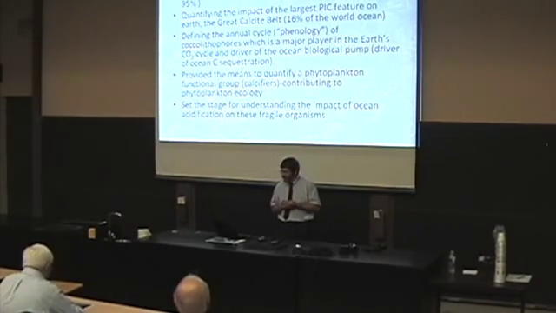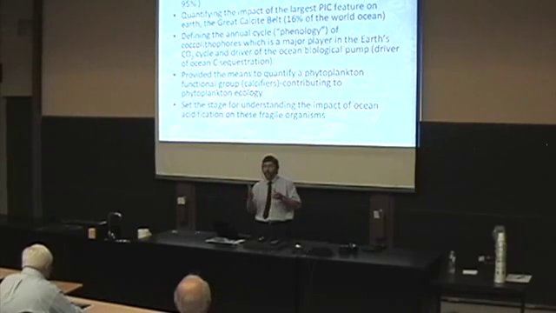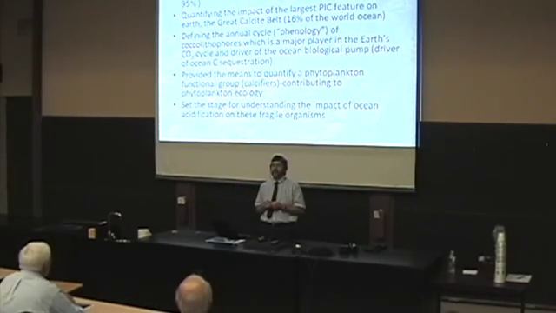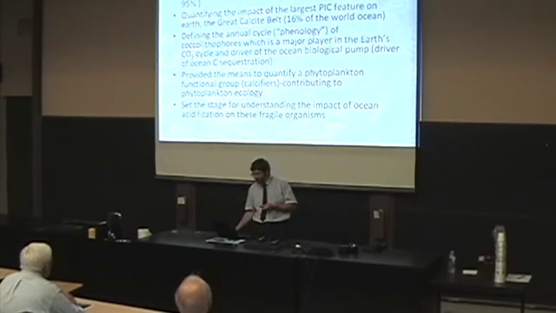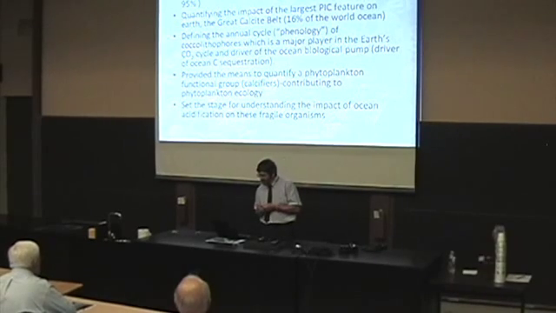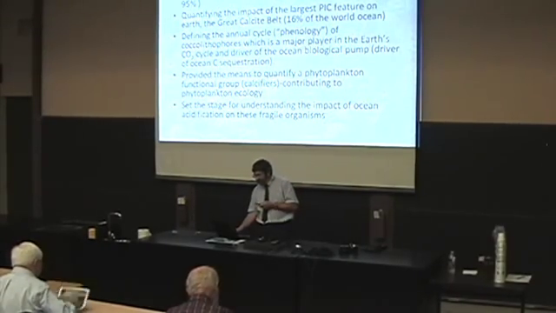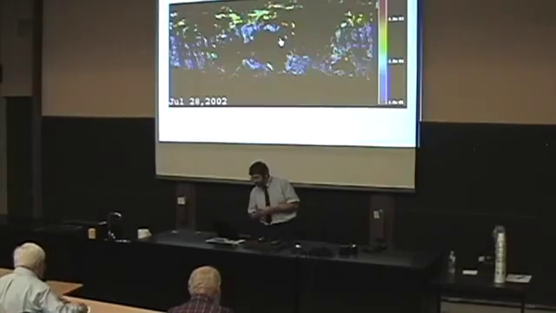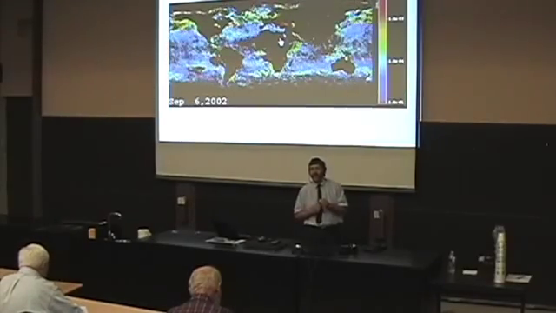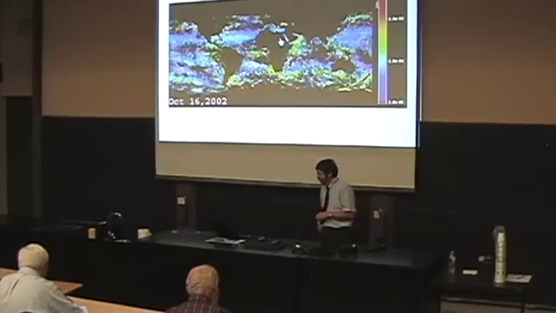And basically, he's shown that 20 to 95% of the backscattered light in the ocean is coming from particulate inorganic carbon. The largest feature in the global ocean is this great calcite belt, defining the phenology, setting the stage for the impact of ocean acidification on these fragile organisms. And I'm going to quit there and take any questions. Thank you.